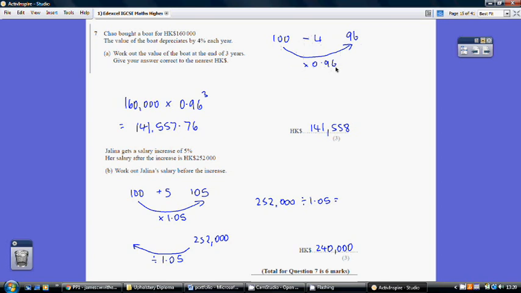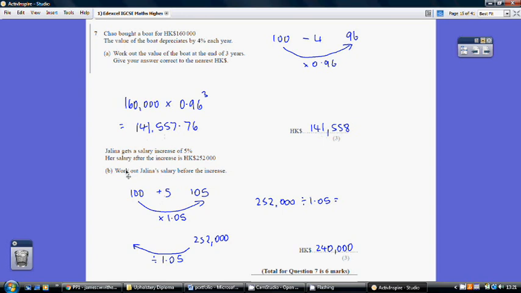It's 0.96. That's the 96 divided by the 100. So that's our multiplier, so we can then just go straight to final answer. 160,000 multiplied by 0.96 to the power of 3, because we're looking at the end of 3 years, giving us this, which to the nearest Hong Kong dollar is